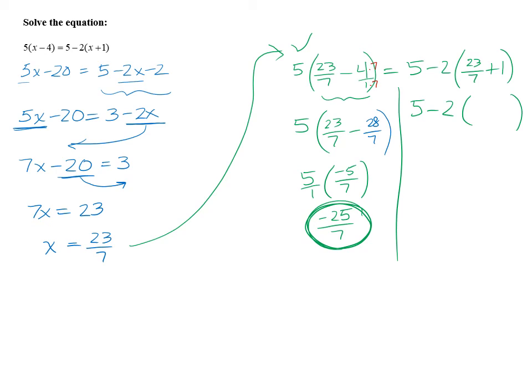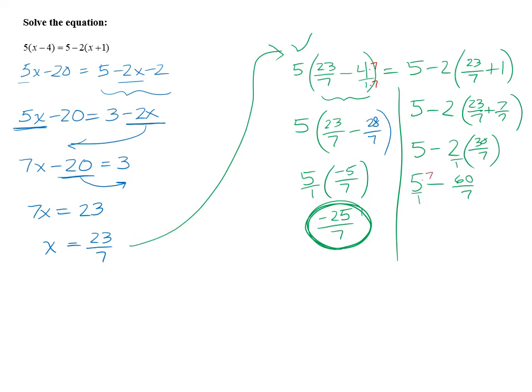I need a common denominator. 1 can be 7 over 7. So I'm going to write that as 7 over 7. And then I can add those fractions together. So I have 5 minus 2 times now 30 over 7, because I add the numerators, keep the common denominator. Next, I'm going to multiply by this 2. Remember, when you're multiplying a whole number by a fraction, make that whole number into a fraction. So 5 minus 60 over 7, and then get a common denominator to do my final